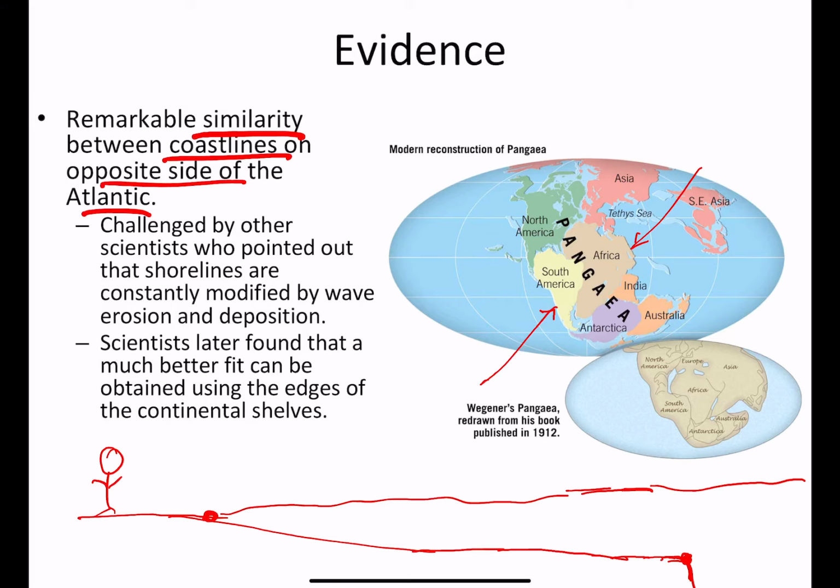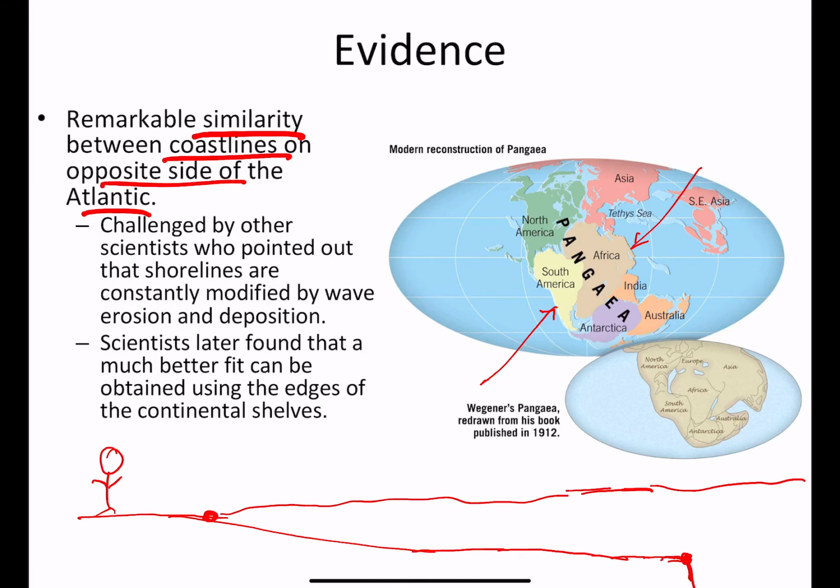So if you look at the continental shelves, which can only be photographed from space, you find that they fit very, very well. So you don't even have to look at the actual shorelines. The better thing to look at is the continental shelves, and they fit almost perfectly like pieces in a jigsaw puzzle. So Wegener was absolutely correct that the shapes of the continents seem like they were once together.